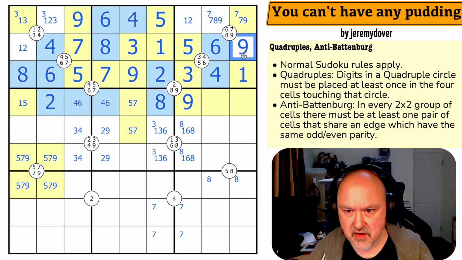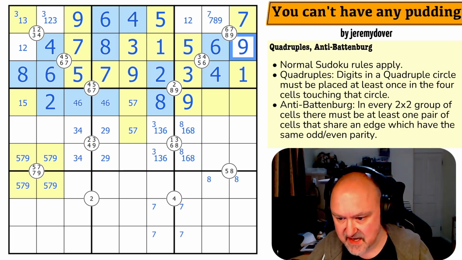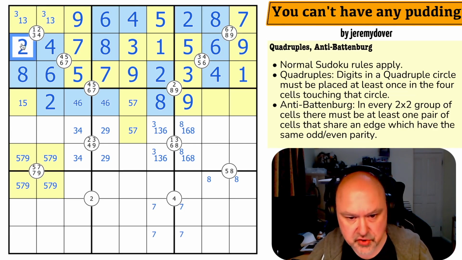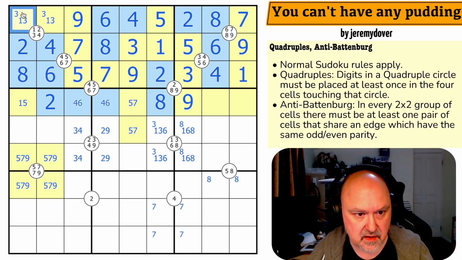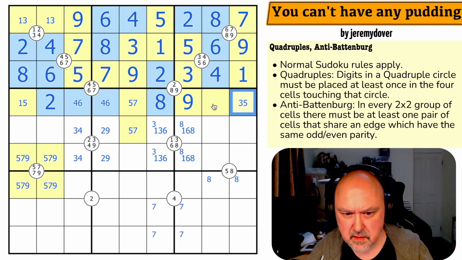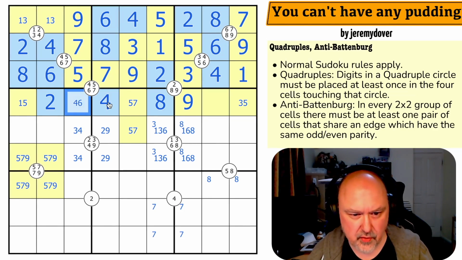The 8 makes that the 9, which makes that the 7, because that is now the odd digit. This now becomes even, which is 8. The 1, of course, made that 2, which is even. That takes 2 out of here. These are both 1, 3, which are odd. That becomes the 2, which is even. Wow, that was tricky. Now, this sees 1, 7, and 9, so it's 3 or 5. That one could still be almost anything. The 6 looks down, making that the 4 and that the 6.